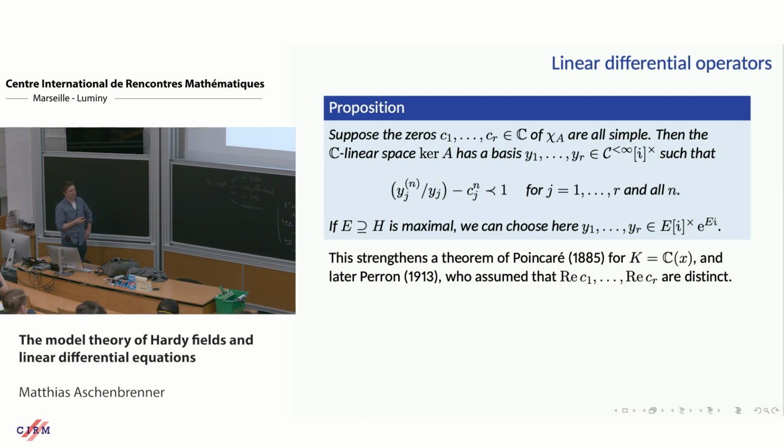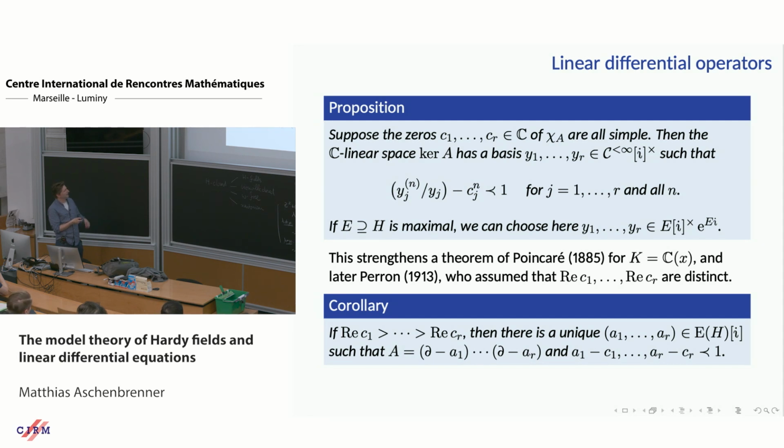And this is, in fact, a strengthening of a theorem of Poincaré, who proved this, again, for holonomic functions. And then Perron proved a generalization later. But for some strange reason, they all assume something stronger than the zeros being simple. They assume that the real parts are all distinct. Now, in that case,